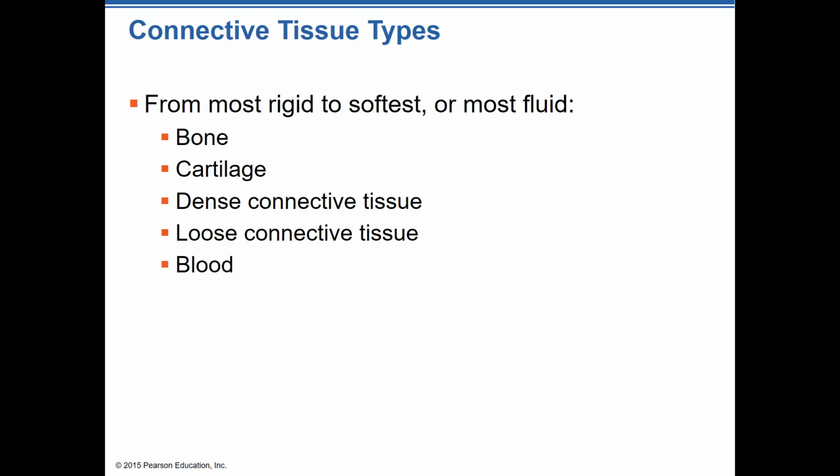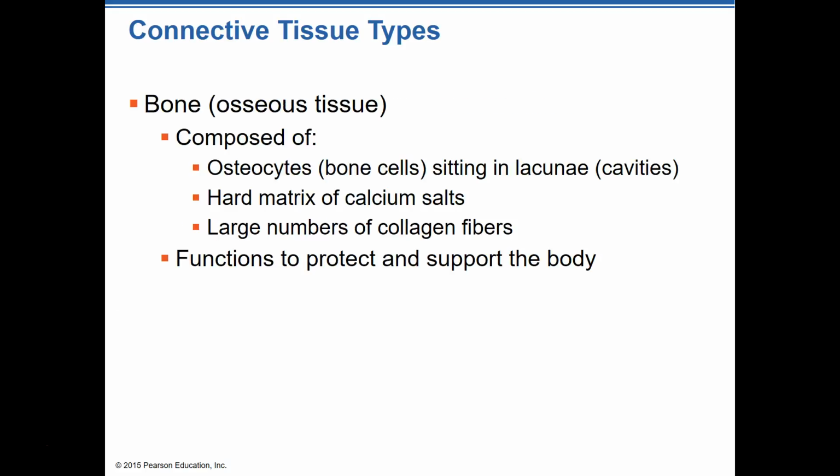And then we have some others, such as bone, cartilage, dense connective tissue, loose connective tissue, blood. Like I said, there's a lot of different types of connective tissue, and we're going to talk about each one of these in almost a separate chapter on their own. Bone and cartilage will be together. Blood will be together. We'll talk about dense and loose connective tissue when we talk about the body system over the skin. Of course, we'll talk about bone in particular. We'll talk about all these osteocytes and all those types of things.